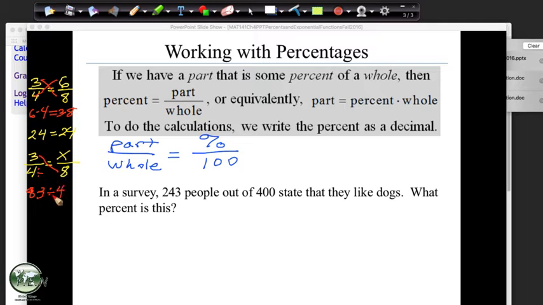So what you'll see is that there's a very straightforward way of this, it's all sort of just arithmetic. Multiply the two that are across. 3 times 8 is 24. Then divide by 4, and we get our 6, which, again, from the first problem, we know that x was supposed to be 6. Okay, so this is the way I'm going to show you how to do each of these problems. And I'll just say if you're comfortable with percentages, but you do it in a slightly different process and it works, go ahead and stick with it. But if you've had struggles with percentages, maybe give this a try and it might be helpful.